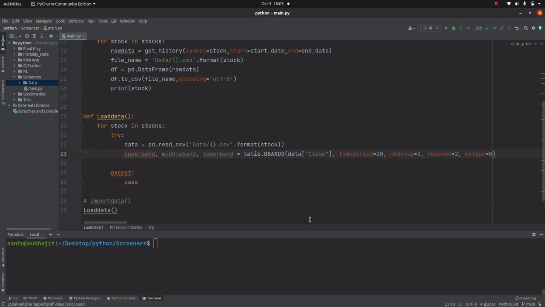Now we will rename it as upper band as data UBB, that is upper Bollinger Band, and the same thing will happen for the middle band. Let me rename it, and it will be MBB, that is middle band, and for the lower band we will use LBB, that is lower Bollinger Band. Now our Bollinger Band is ready.